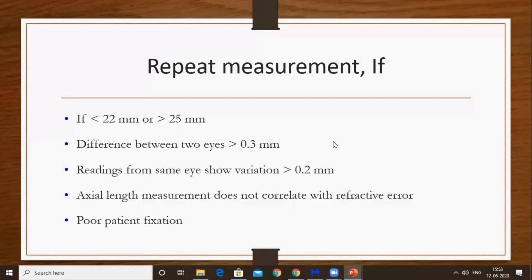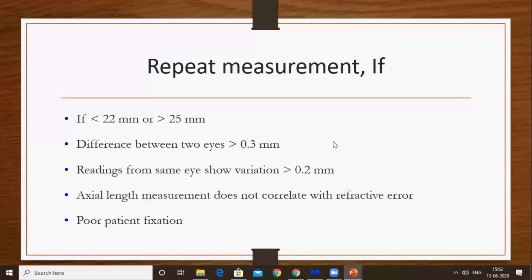If the patient has an axial length of more than 25 mm, you can expect high myopia and also retinal disorders. You also want to repeat the axial length measurement if there is a difference between the two eyes, for example if the right eye is 23.23 and the left eye is 23.3, you want to repeat the measurement to cross-check